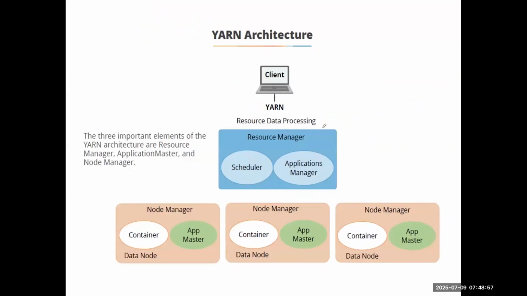Now let's just move here. See, YARN also has two components. If you see, most things, I would say everything, has two components. One is kind of a name node or driver node or the resource manager. In Spark we have the driver node, in HDFS we have the name node, and in YARN we have the resource manager. And there is one more, the node manager. So in all the places it's the same. You can think of all of them as a master-slave architecture.